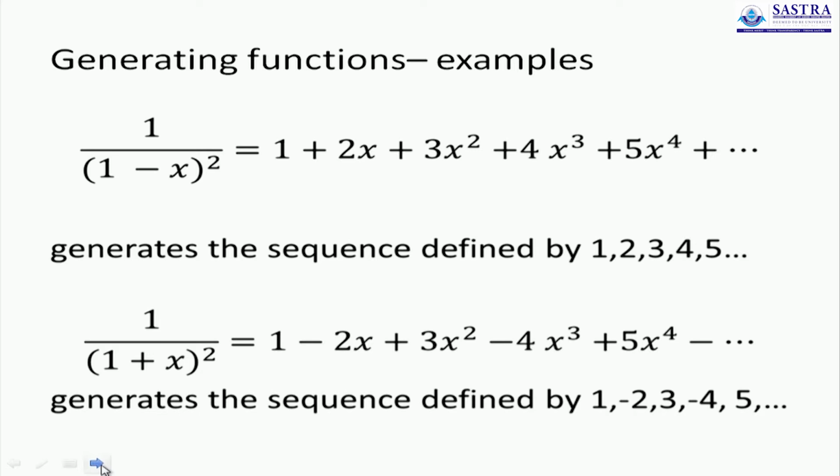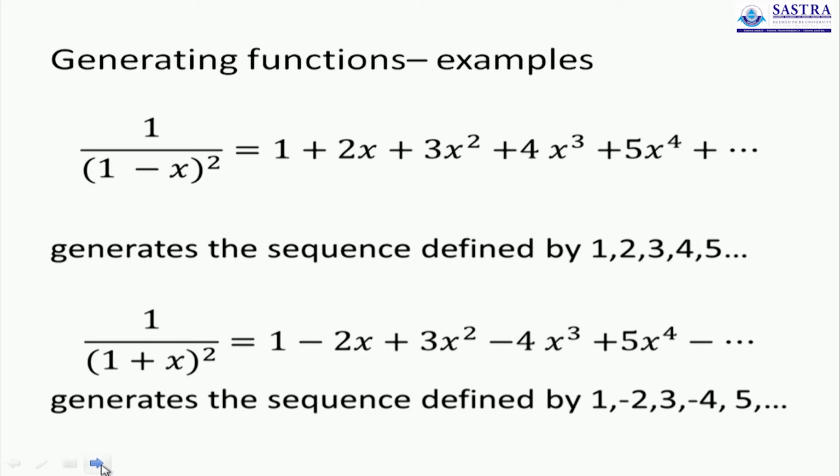So it's probably an AP only, it's just an AP, but this time you also flip the sign. So it's not 1, 2, 3, 4, 5 as in the previous example, it's 1 followed by minus 2 followed by plus 3, minus 4, so on and so forth. Every even indexed term is going to be negative, every odd indexed term is going to be positive, and you just return the index as the term of the sequence. So this way functions which we have already learnt before can be used to generate sequences, and that is the main purpose of today's lecture.